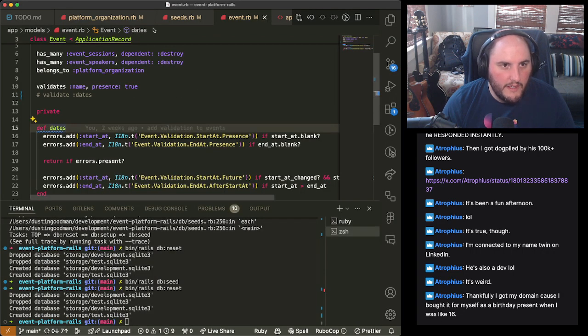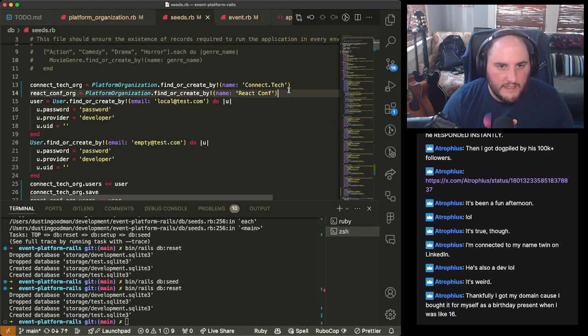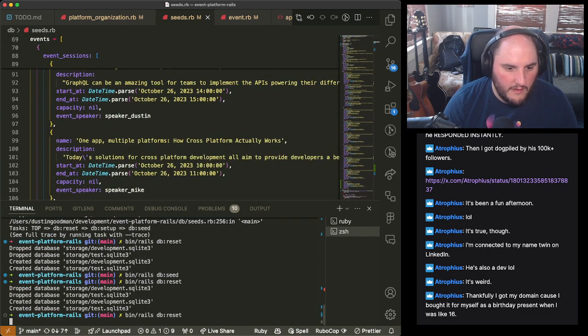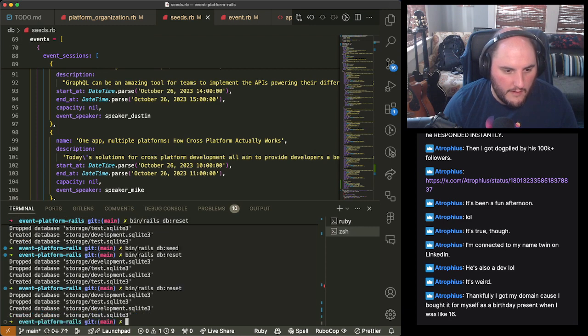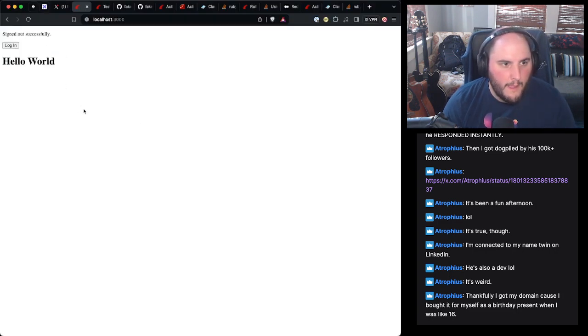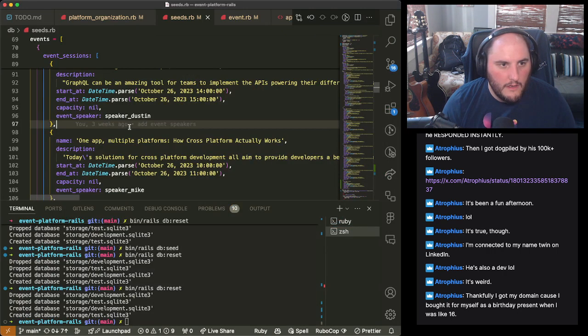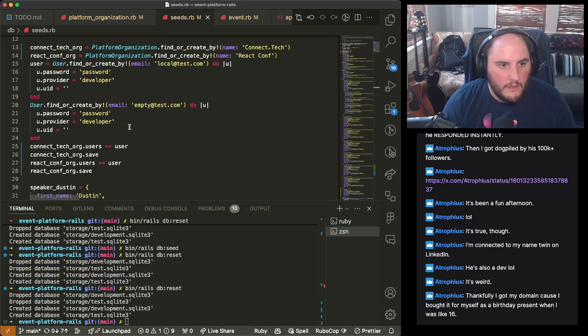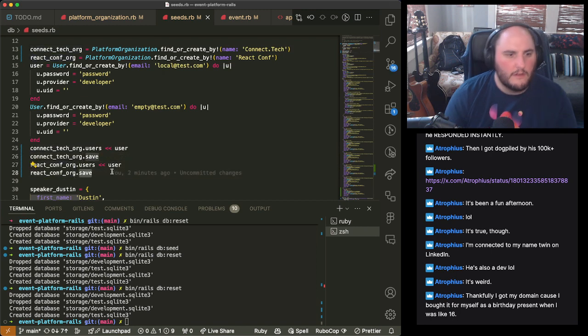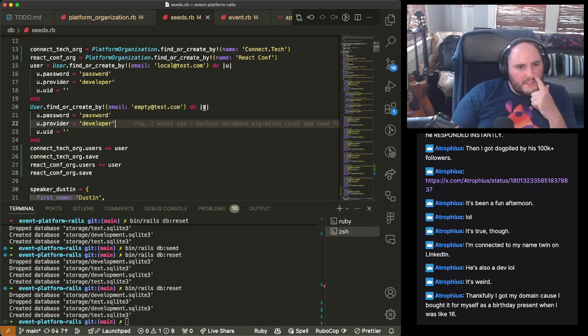I don't know why our seed is not idempotent, because this literally should be an idempotent finder create, but it's not doing it that way. Oh. Connect Tech user save React Conf. No, this is correct.